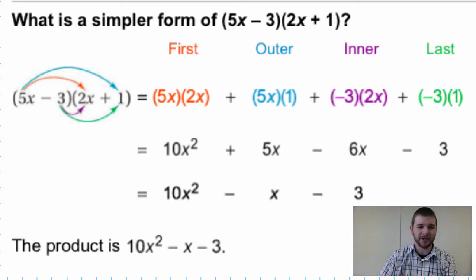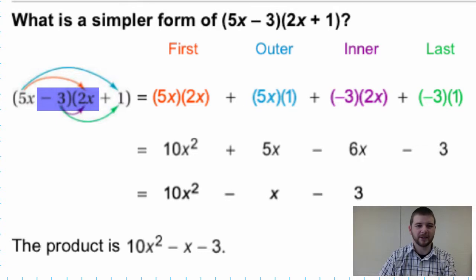Then we move on to the outer terms, marked here in blue, 5x times plus 1. Notice these are called the outer terms because, referencing all 4 terms, the 5x, the minus 3, the 2x, and the plus 1, we would consider 5x and 1 to be the outer terms, so the ones on the outside when we consider this whole expression. The inner terms, much like the outer, labeled here in purple, would be the negative 3 and the 2x. And again, in reference to that whole expression, 5x and 1 would be the outer terms,